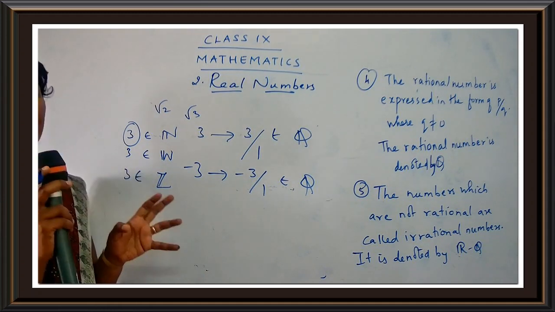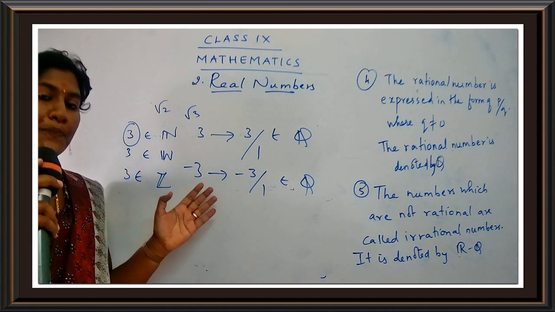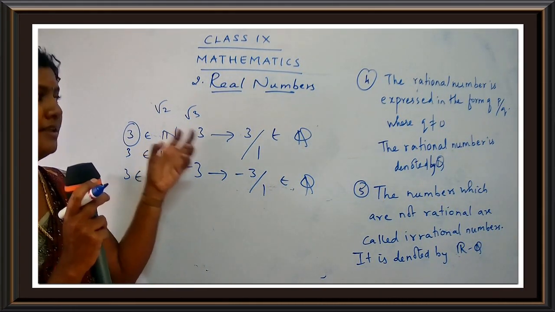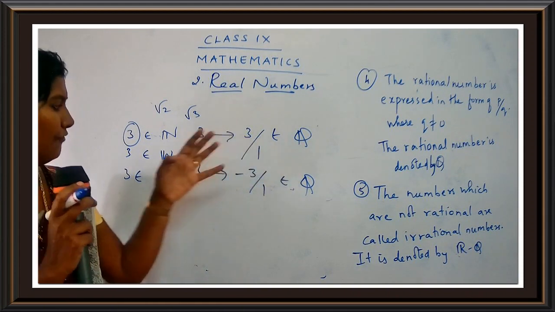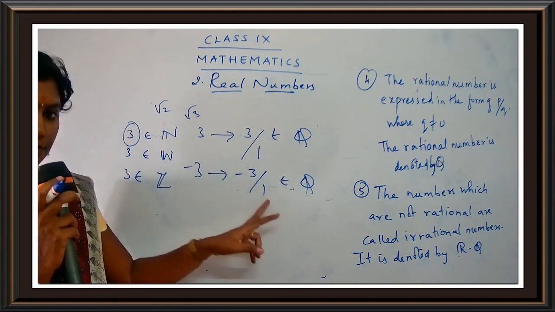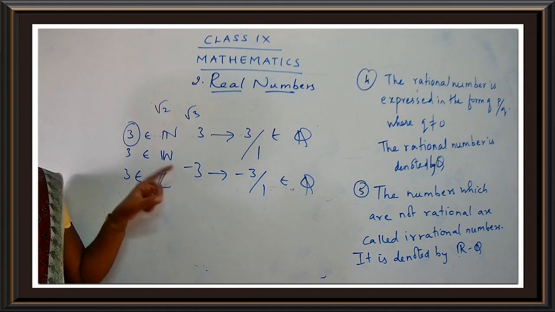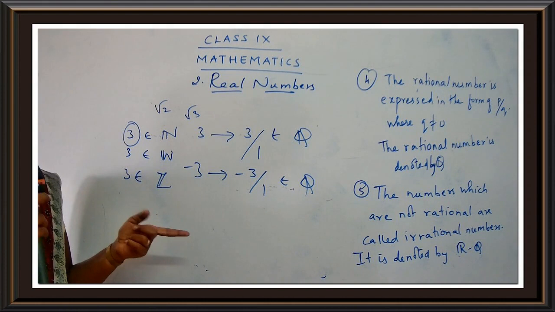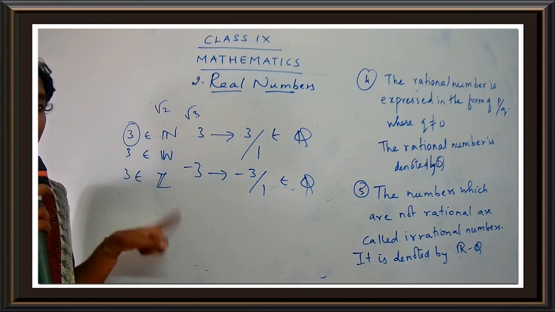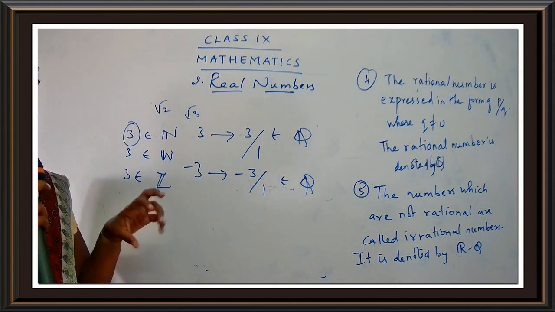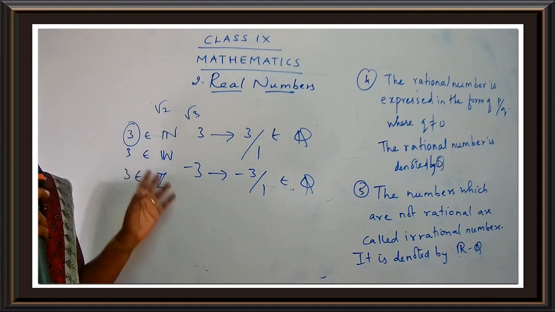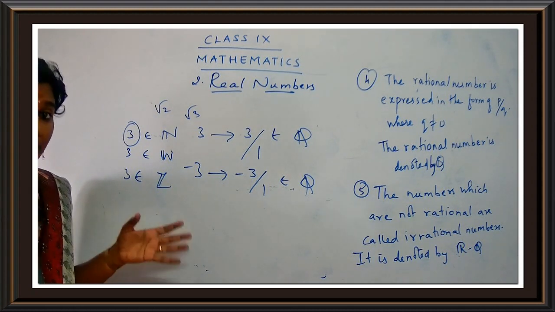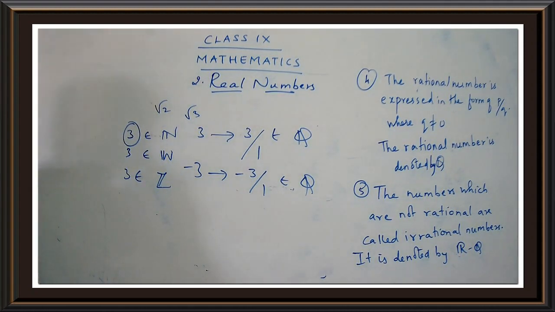Okay, so what is a real number? A real number is a combination of rational and irrational numbers. And we can express the natural number in terms of rational. We can express the whole number in terms of rational. But just have an exclusion over here, do not put 0, because 0 will not give you an answer. And again for Z, we can write the integer in terms of a rational number, but one more exclusion over here, we cannot put 0. Okay, children? And irrational numbers, the numbers which are not rational, are called irrational numbers.